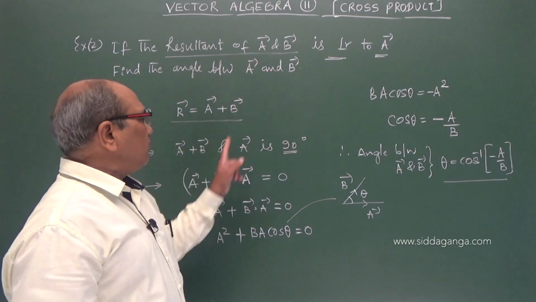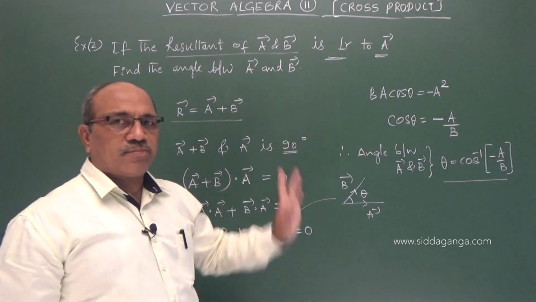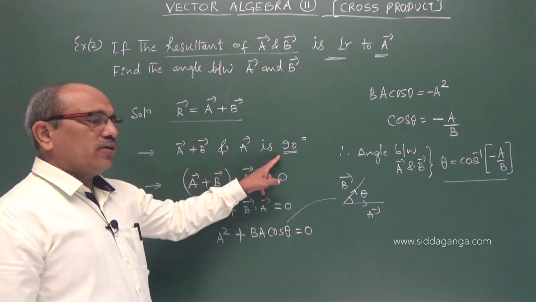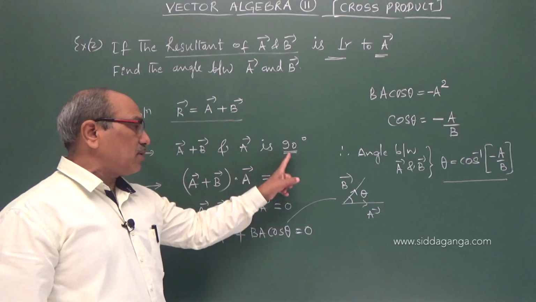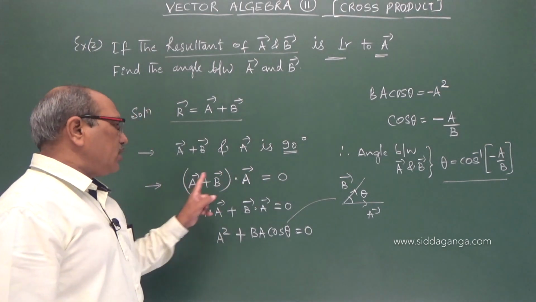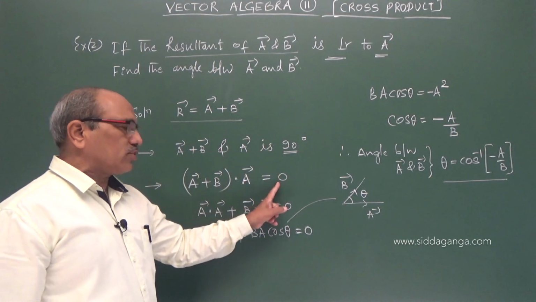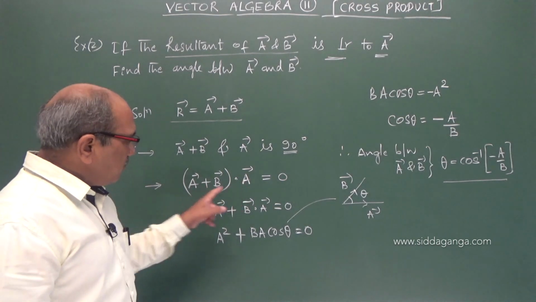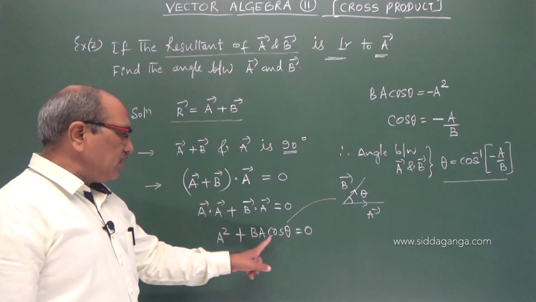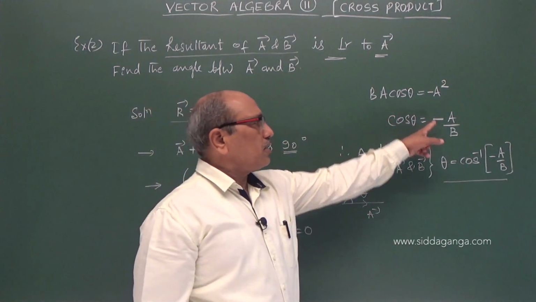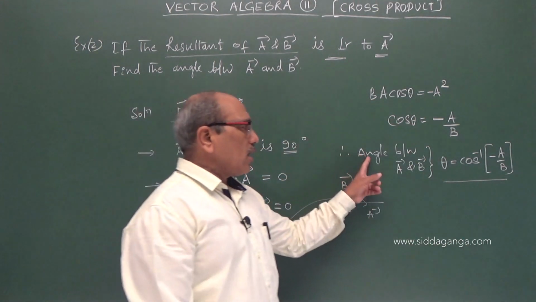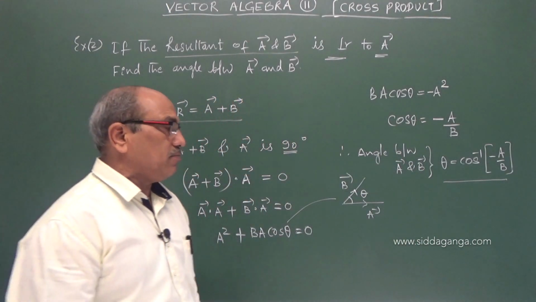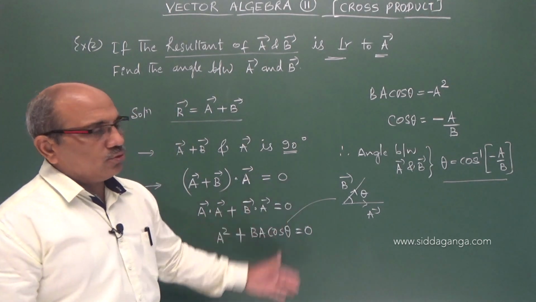When they say resultant, first you have to think our resultant is nothing but A plus B. And this resultant with the A make perpendicular. A plus B and A are perpendicular. Therefore, I take the dot product: A plus B dot A is A B cos theta, where theta is 90, therefore it is 0. Then the commutative property applied, and A square plus AB cos theta equals 0, or cos theta equals minus A by B, or the angle between A and B comes to be equal to cos inverse of minus A by B. I hope you followed. Let us go to the another question.